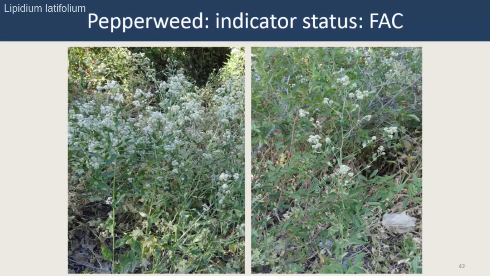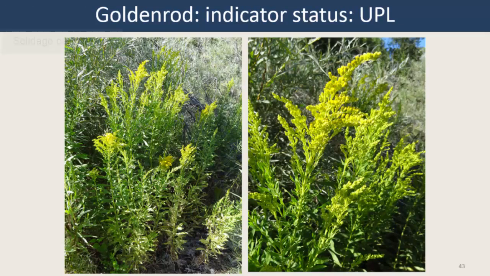Lepidium latifolium, also known as perennial pepperweed, is a non-native plant and is commonly found in disturbed wetlands or wetland buffers in great quantity in eastern Washington. Its deep roots give it a big advantage in our arid area. Another common name for this plant is whitetop. Goldenrod, or Solidago canadensis, is an aggressive perennial native plant which also has an extensive root system. It grows in disturbed areas and roadside ditches. This plant is well known to people who suffer from allergies.